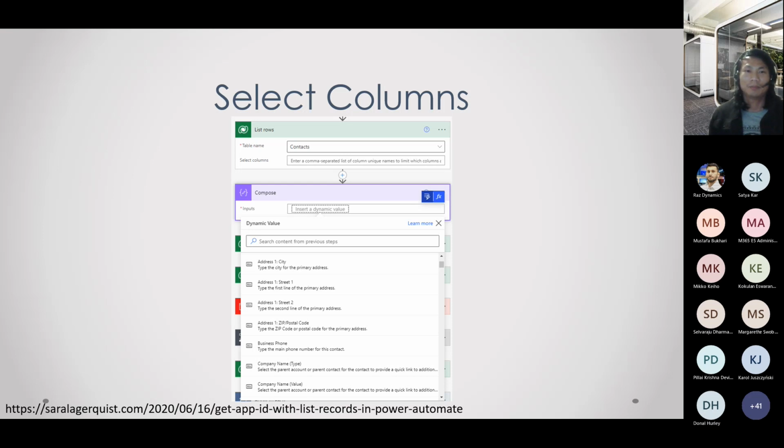And what that means is if you keep the list rows action empty, the flow will retrieve all the columns for the table that you're retrieving. That means if you have like 50 columns in your table, it will retrieve all 50 columns. That will impact the performance of your flow, especially if you are retrieving multiple rows of data. And it's also not only